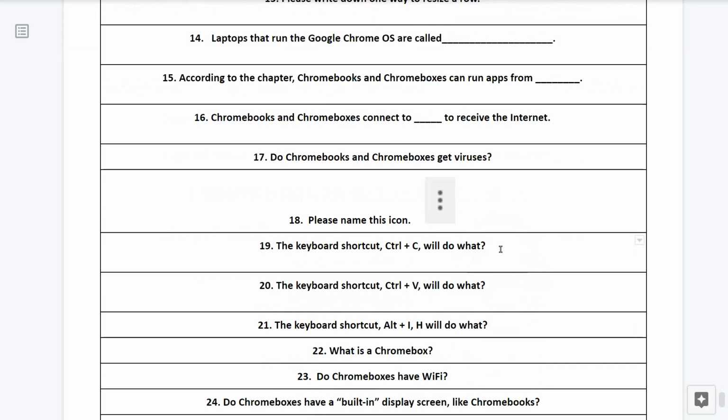The keyboard shortcut Control-C will do what? Question number 20. The keyboard shortcut Control-V will do what? Question number 21. The keyboard shortcut Alt-IH will do what?